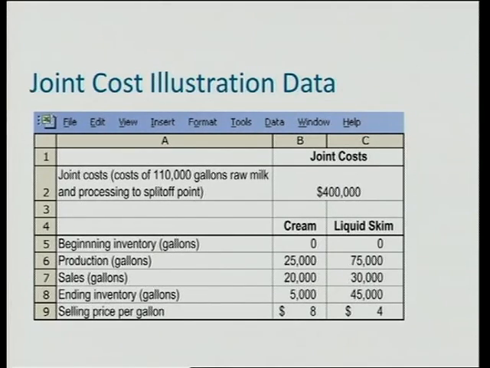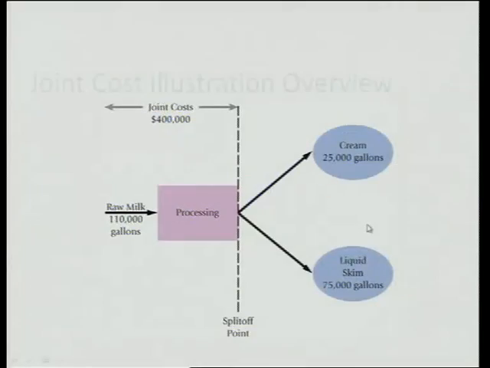So this is typical information you'll get either out of the system or in real life. Our joint costs is costing 110,000 gallons of raw milk and processing to split-off points. So out of these gallons, we get cream and we get liquid skim. So these two are out of the same process, and it costs us 400,000. How much must go to cream and how much must go to liquid skim? Now we're using the first